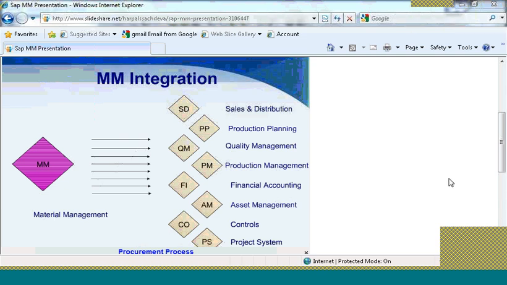So these are the different other SAP modules to which materials management can be integrated. One point to be noted here is that material management can be integrated to most of the SAP modules. That itself explains how vast SAP MM is.